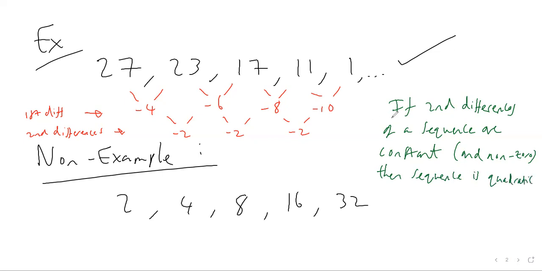Okay, so this sequence here is certainly a quadratic sequence because our second difference is constant and it's non-zero,